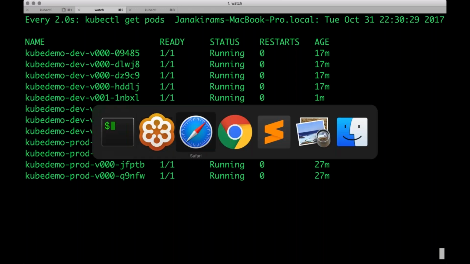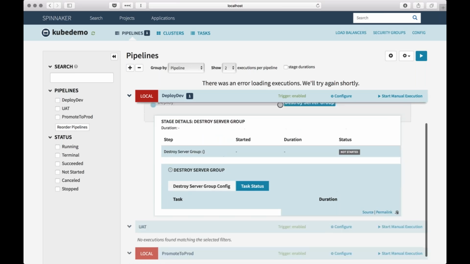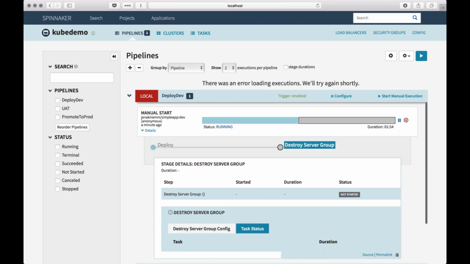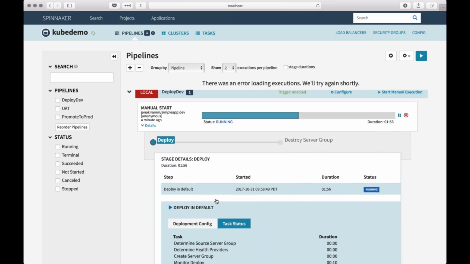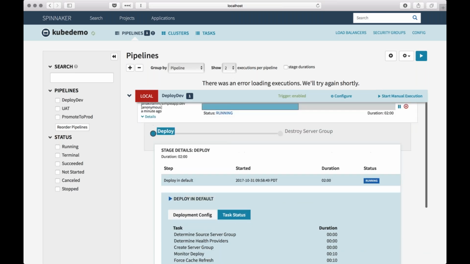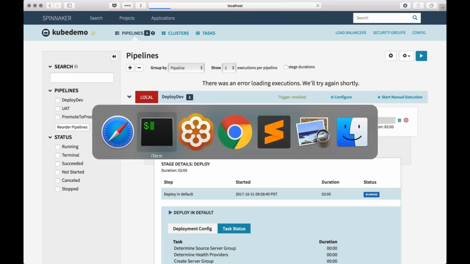It's going to take just a few minutes. It hasn't reached the second part of the pipeline, which is destroy server group. The first one is still executing. That's the reason why we notice that everything is still intact. But as soon as the progress moves to the other part of the